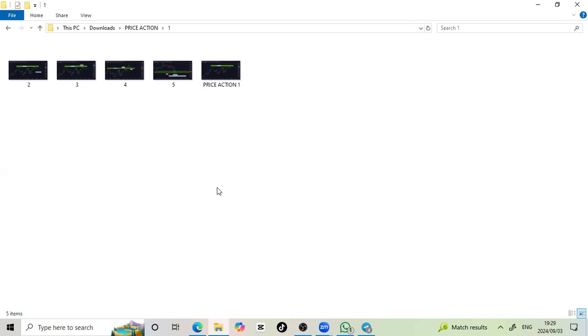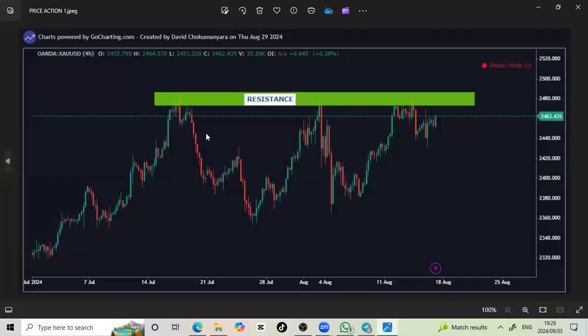So I have some examples that I have. Then we'll actually go to the charts so that we can look at how we can apply this information. So I have a chart here on